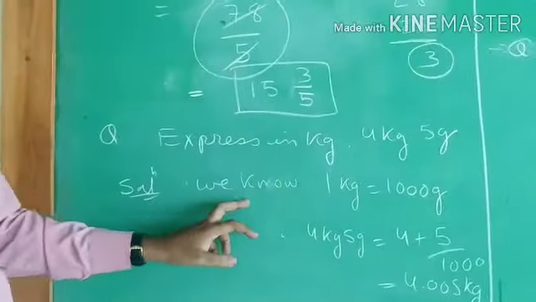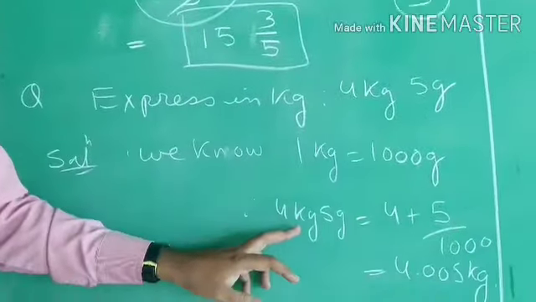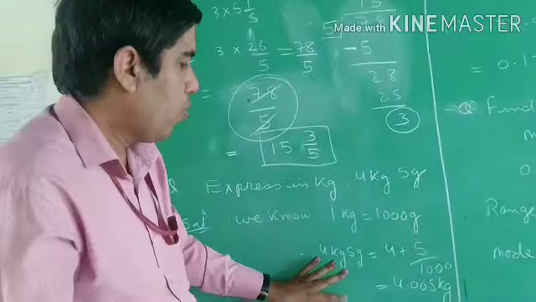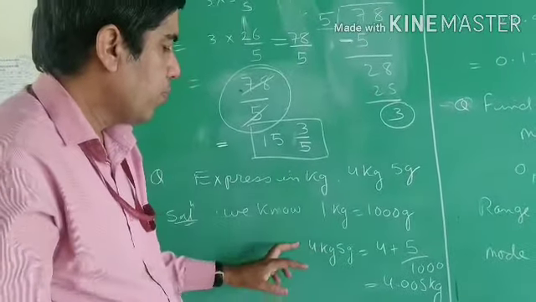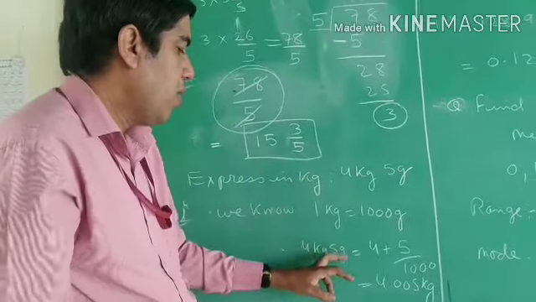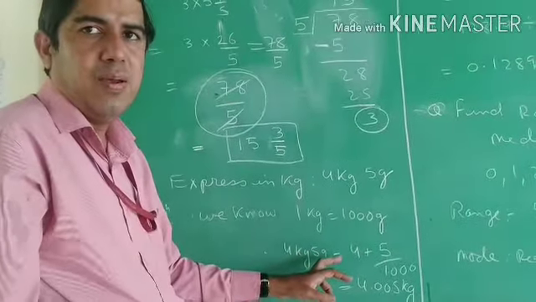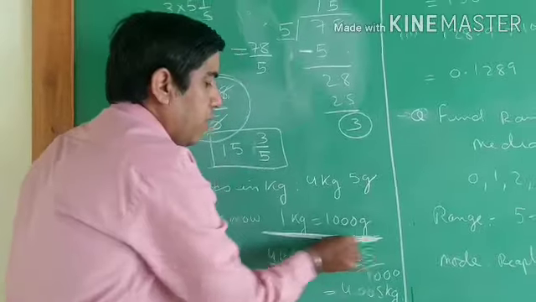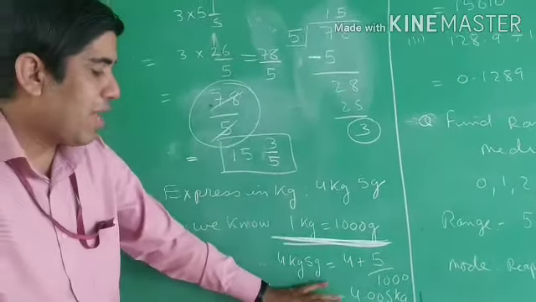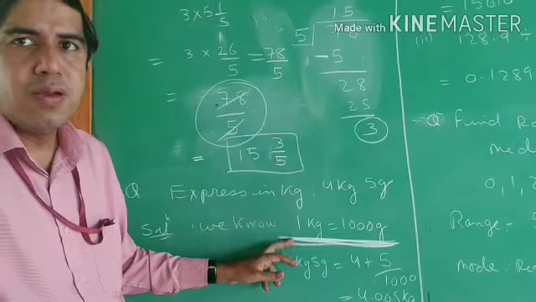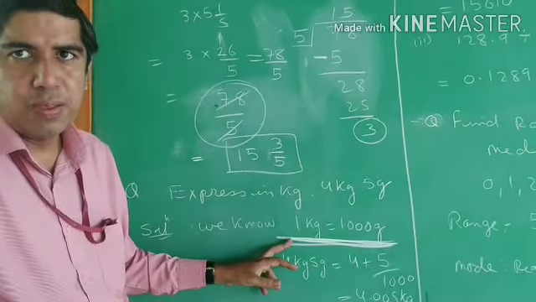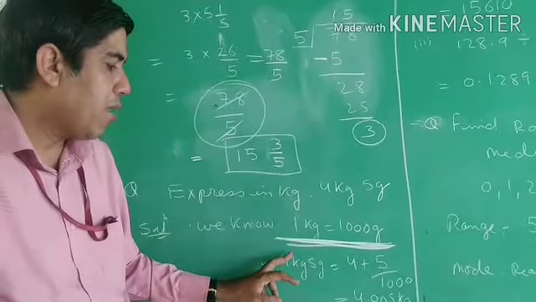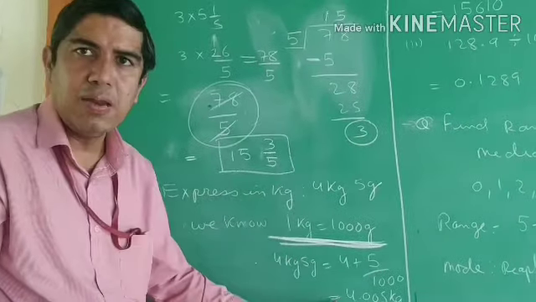Right. Now next, express in kg. You can see here we know that 1 kg is equal to 1000 gram. This is not a difficult question, but students mostly make the mistake here, they write 4 kg 0.005 gram. So please write this relation, because if sometimes a mistake happens here, and you have written this relation, you will get some marks. Try to write the formula which is used in the given question. Don't directly jump and write the answer.